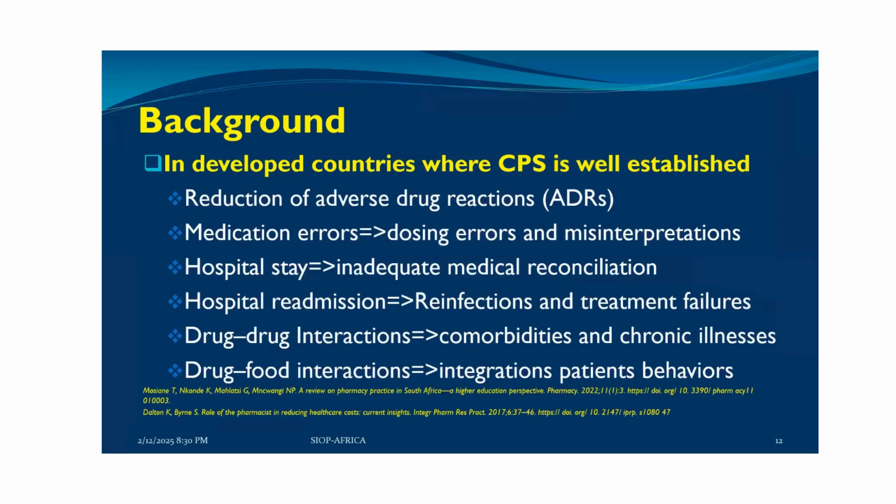So in the developed countries where clinical pharmacy services are well established, a reduction of adverse drug reactions was observed. That's an advantage of integrating clinical pharmacy services in our health system. Medication errors, including dosing errors and misinterpretations, also declined. Hospital stay, especially for secondary infections, hospital-acquired infections, and inadequate medical reconciliations, shows a reduction of the